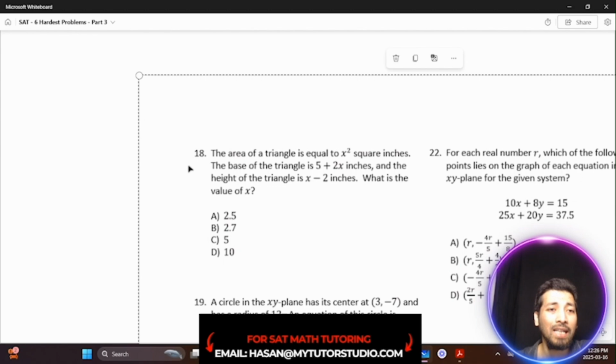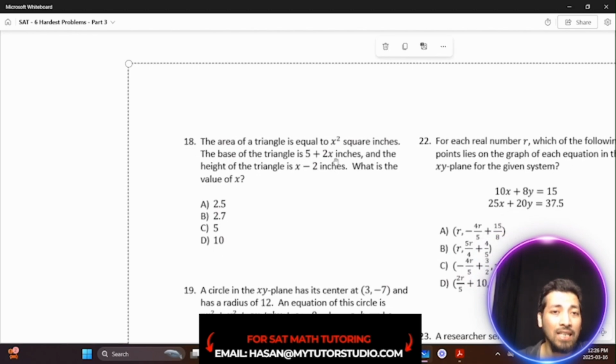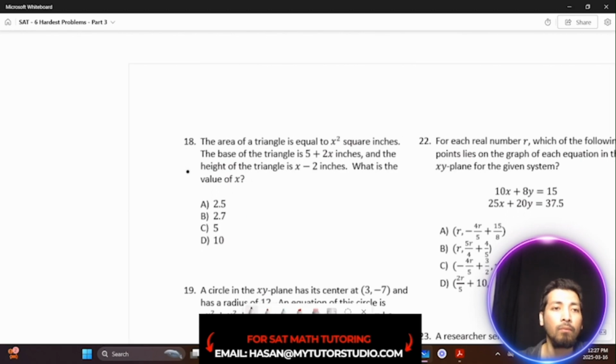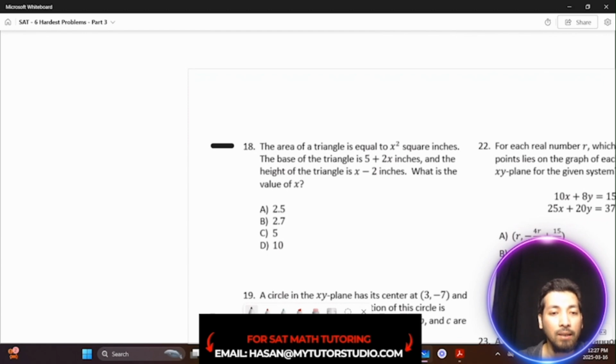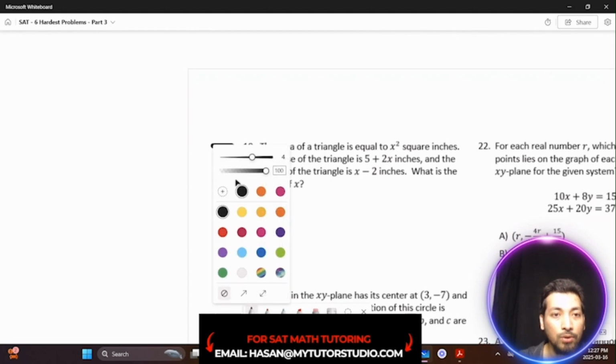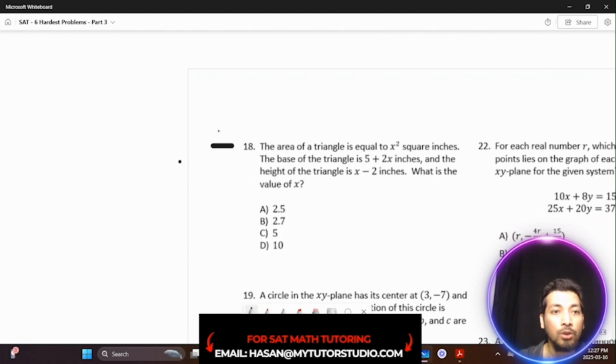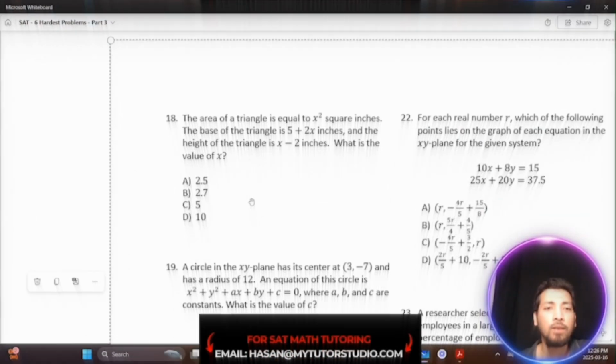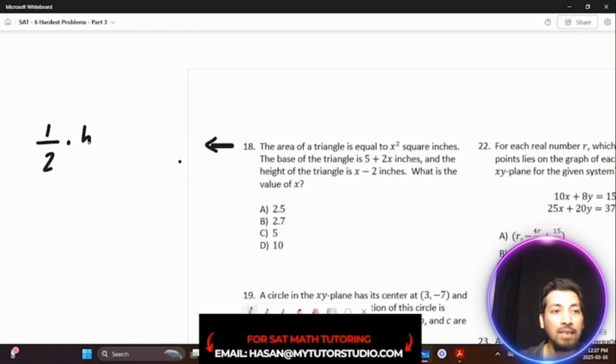This is problem number 18. And in this problem, it says the area of a triangle is equal to x square inches. The base of the triangle is 5 plus 2x inches and the height of the triangle is x minus 2 inches. What is the value of x? Now, I'll first show you how to solve these using mathematical concepts, and then we'll see how to solve it using Desmos as well. So the area of a triangle is basically 1/2 times base times height, and that gives you